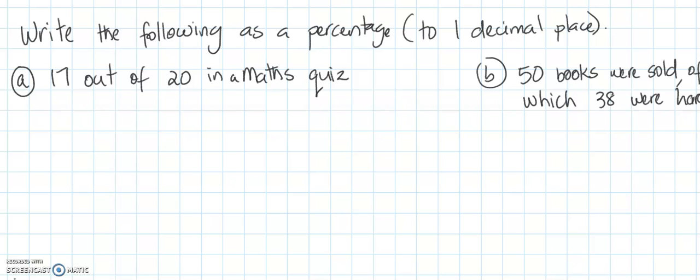So for the first one, all we do is 17 out of 20. Let's write that mathematically: it's 17 over 20. Because we are finding the percentage, and percentage has to do with the number 100, we multiply that by 100 over 1. Again, there are a couple of methods. You could either multiply 17 times 100, divide by 20 times 1,